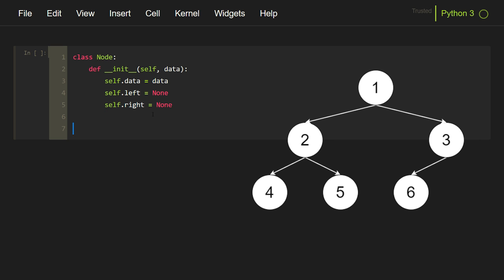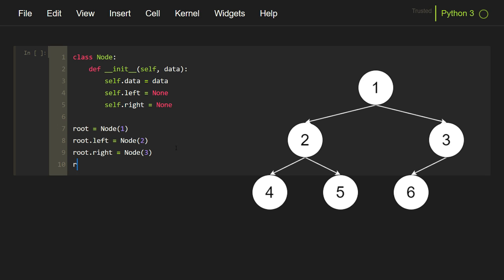Now as the node class is constructed, we can start connecting these nodes to form the tree. So the tree that we are considering in this video will be displayed on the screen right now. I will make the connections as per this reference image. So first we need to construct the root node. It will have a value of 1. Then the root.left, that is the left child of the root node, will be node 2. The right child of the root node will be node 3.